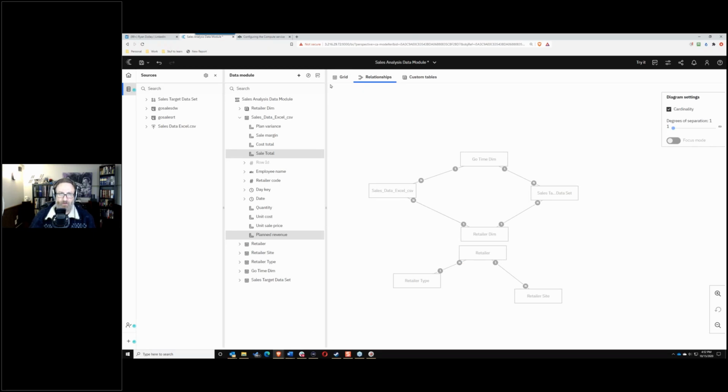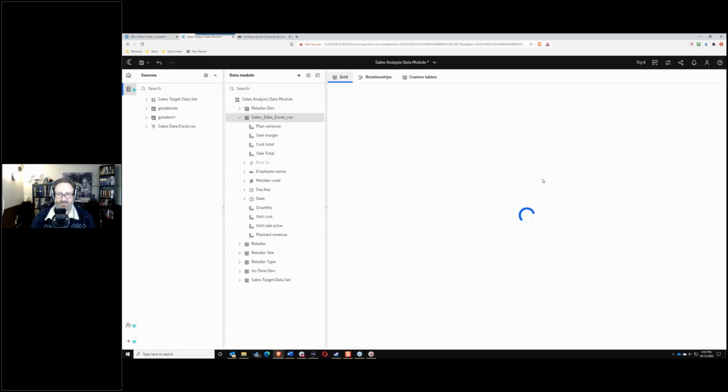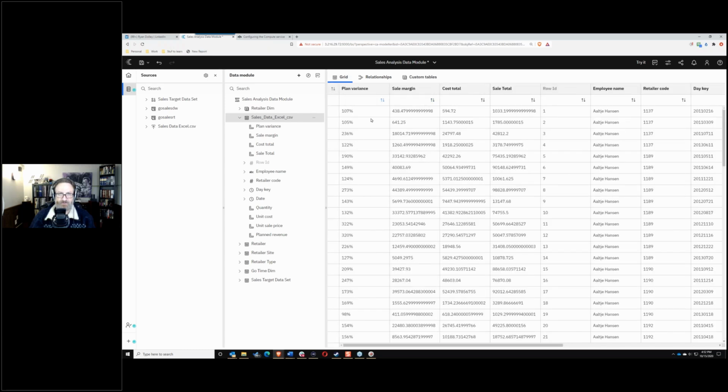Okay. Now, if you switch over to the grid view, you can see these here, right? So there's plan variance, sale margin, cost total, sale total. So when I talked about how you can check your work as you're modeling, this is what I mean. And I can see right away that I've got some reformatting that I'm going to need to do, right? These do not look like the way I'm going to want them to look. But we're going to hold off on that for a sec,